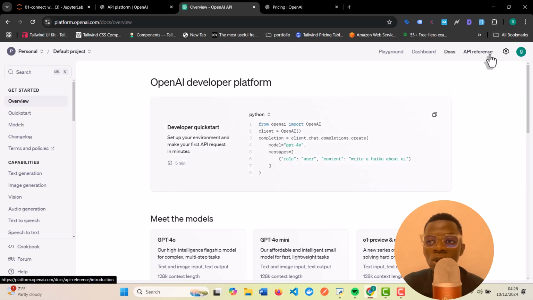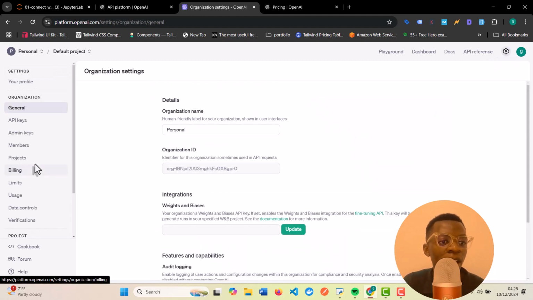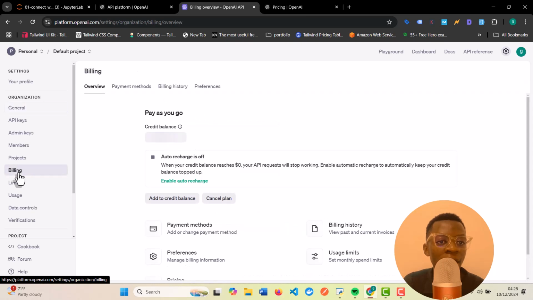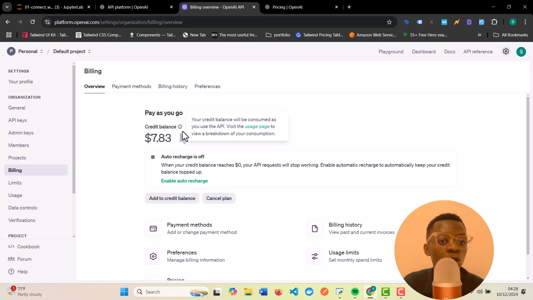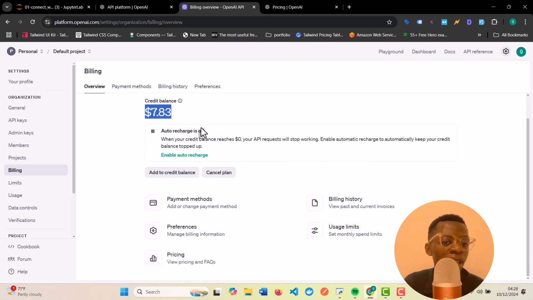So if you're new, what you need to do is go under settings and then go on billing. Here you can see my credit balance is $7.83. I paid $12 for my account. Like I said, you can pay anywhere from $5 up to $100. So for example,